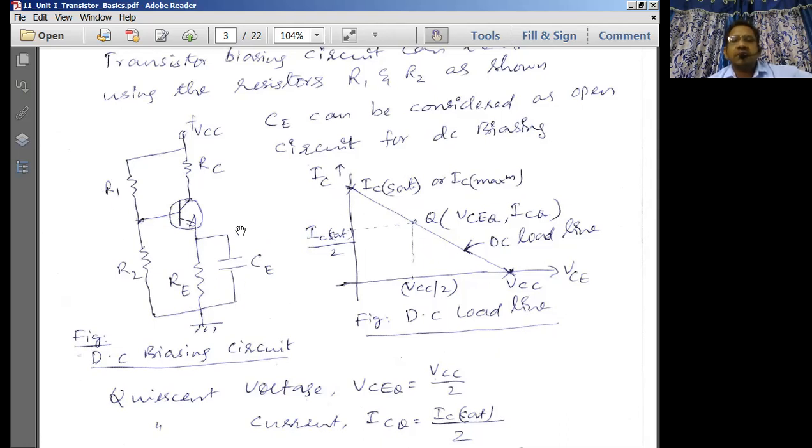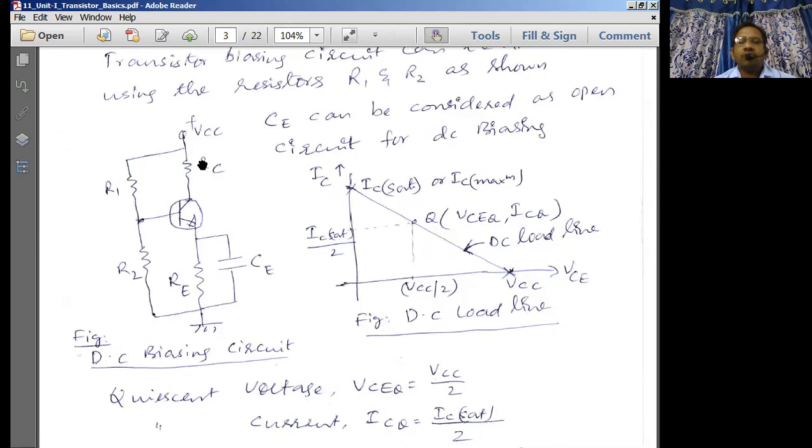C is known as the bypass capacitor. When you apply the AC signal, this AC signal should pass through the capacitor, known as a bypass capacitor. Thereby, we are not going to have any AC voltage drop across this RE resistor. Thereby, this AC signal will be going to the ground. Once again, from ground, it will be coming to the input of the transistor amplifier like this. So therefore, this is known as simply a DC biasing circuit.